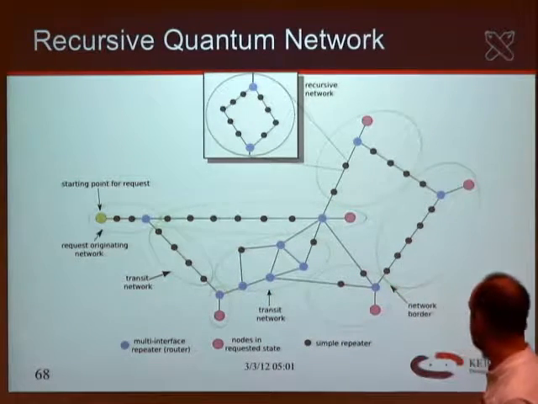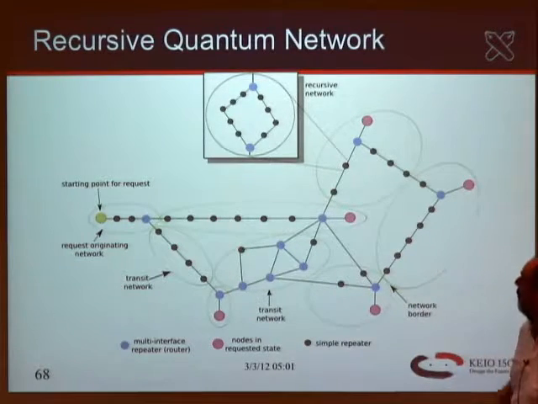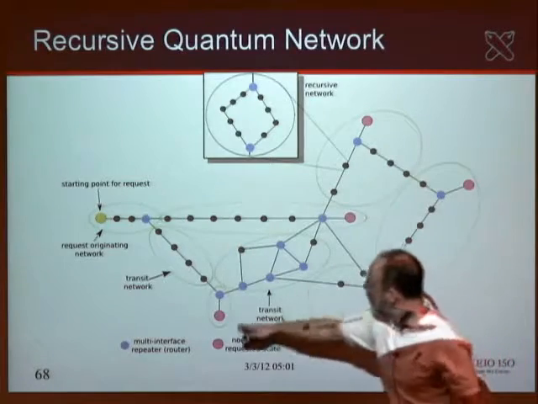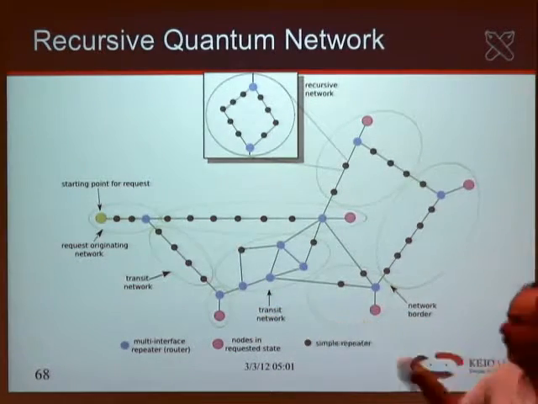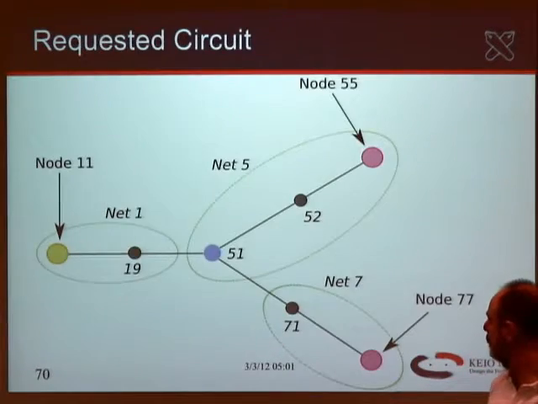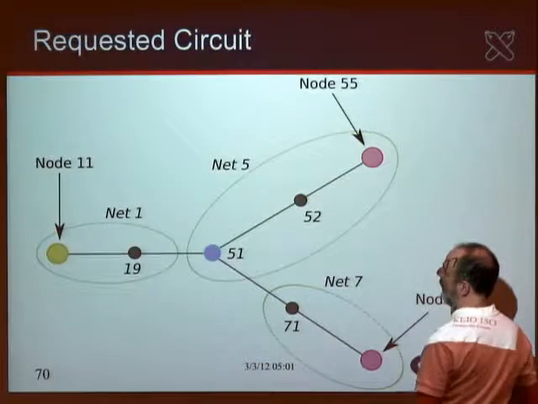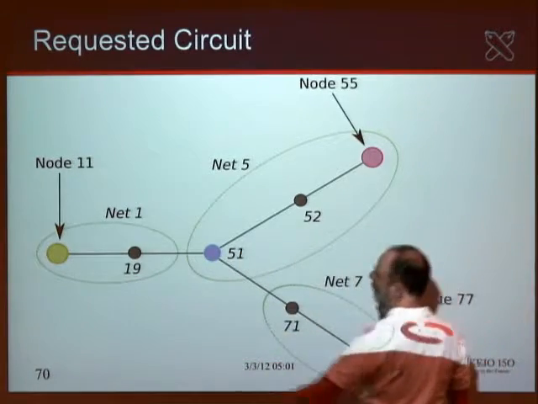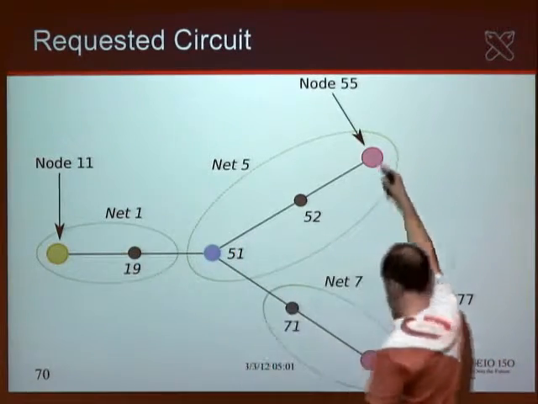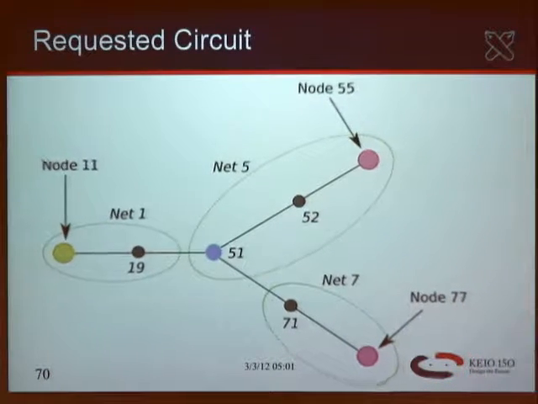Let's say in this case what we're trying to do is create an entangled pair between a couple of these nodes. Or actually, each of these pink nodes would be in what we're trying to create as one large entangled state between those n nodes of the system. Okay. And for a simpler example, we'll look at just these half a dozen nodes here. We're going to start with a request that originates here. And what we're asking for is entanglement between node 11, node 55, and node 77 in this overall architecture here.